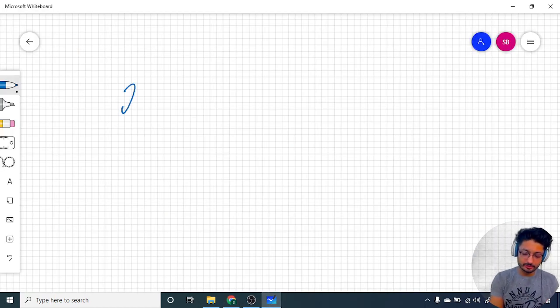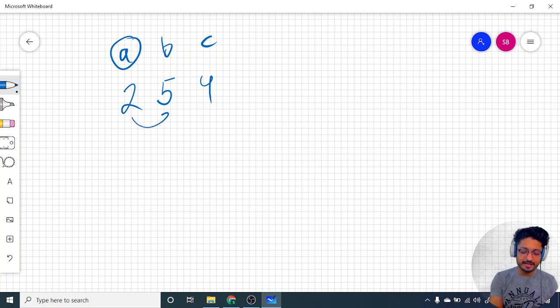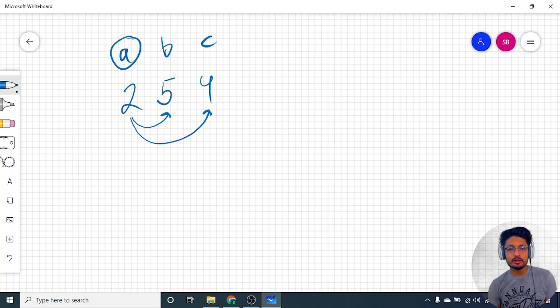Let's say for the first scenario I have candidates like this. So this is the A candidate, this is the B candidate, C candidate. Now let us say that I want to make my A candidate win. So it means that it should be greater than this candidate's total score and it should be greater than this candidate's total score also. Cool. Now my main goal can be to increase the A candidate's votes such that it will become greater than this candidate.